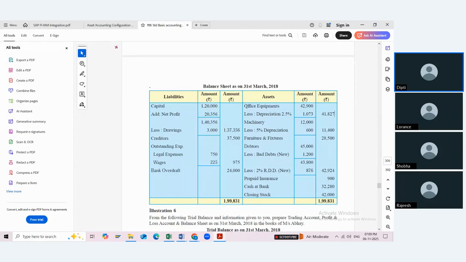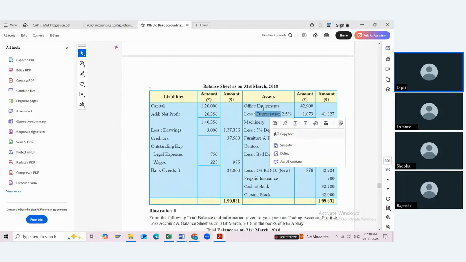So the GL that we create under asset is an asset GL for the main asset, and the depreciation GL that you create is also actually created as an asset, but these amounts are shown with a minus sign. Usually on the asset side all amounts have a plus sign, but depreciation, bad debt or RDD, something which we are deducting, in short should be considered a liability because it has a minus sign, but we cannot show it here.